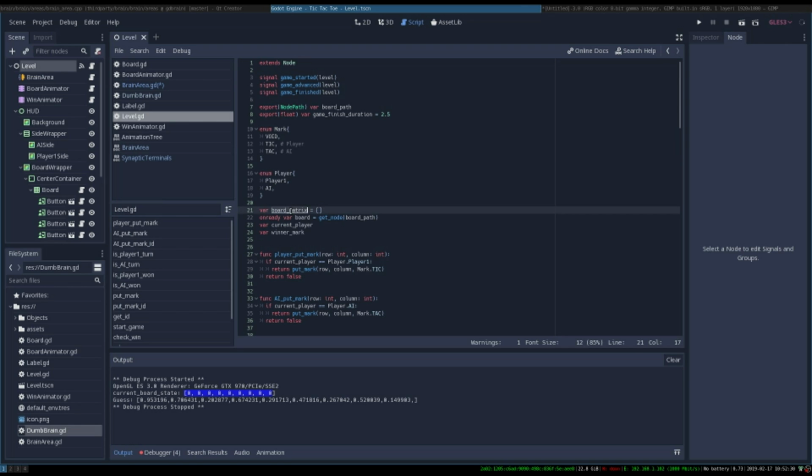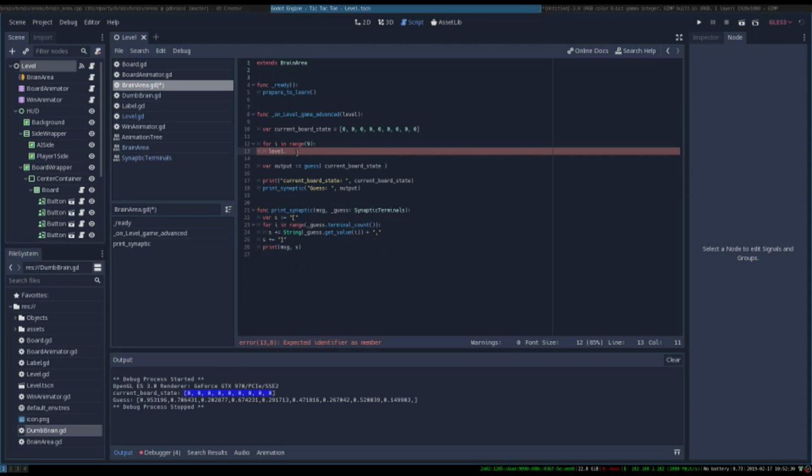So I go to my brain area script, take the level dot board matrix, and if level board matrix in i is equal to level dot mark dot tick,